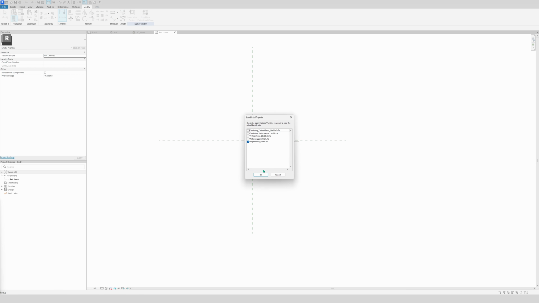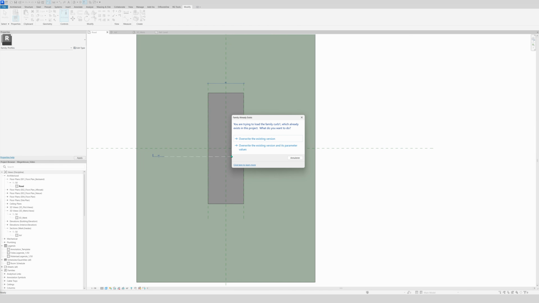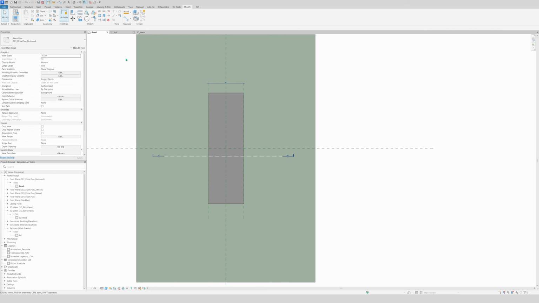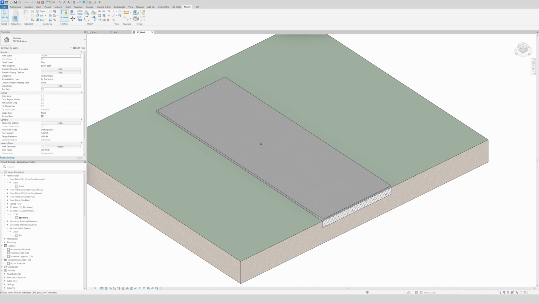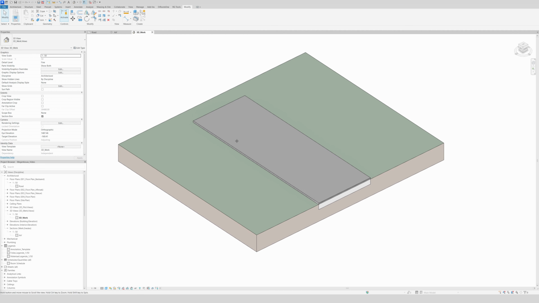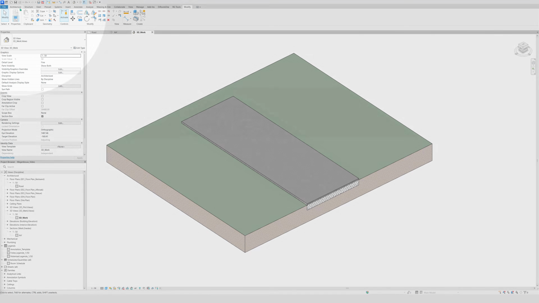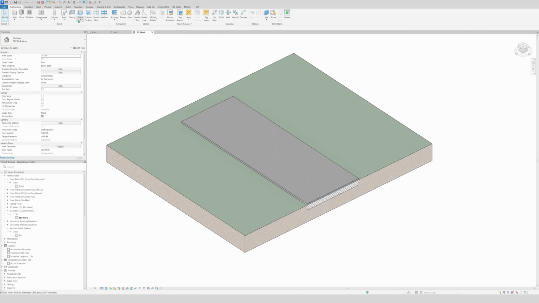Load in the project and close. Voila, overwrite, already made one. And now we go to 3D again. So what we're gonna do now, it's very important, we go to the architectural tab, we go to floor, then